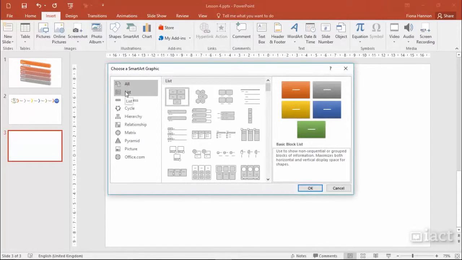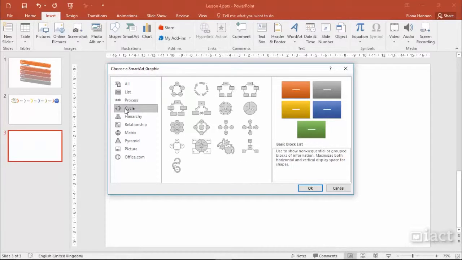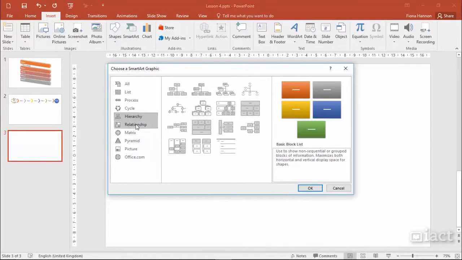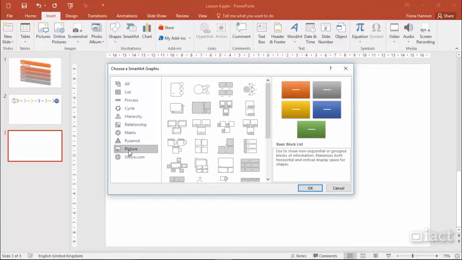We've already looked at the examples at List and Process, and as you can see, as I move down through these different categories, we have different types of images that will appear. So there's cycle, there's hierarchy, relationship, matrix, and so on. There is one category here called picture. This is a mixture of all of the different categories above, but it puts together all of the different styles